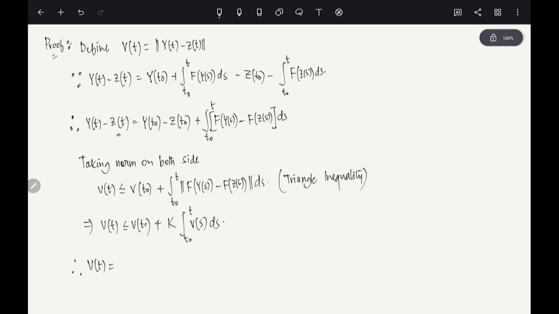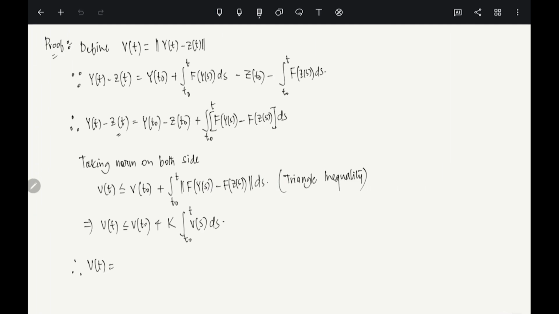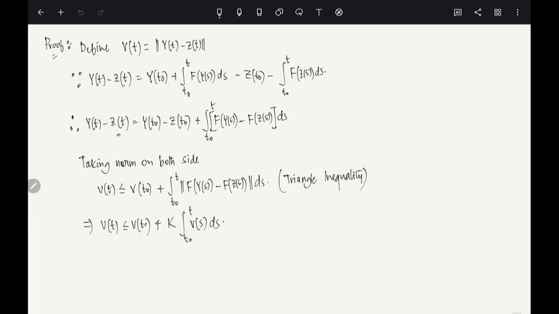One second, I have to match this part. So what I am going to do is define a new function. I just have to shift it a little bit, because the variable is a problem. You see, it is from 0 to t, right? So here it is from t0 to t. I just have to shift the variable to make it 0 to t, and then I can use the Gronwall inequality, right? So what we do is this: you define